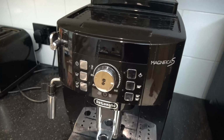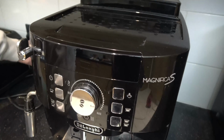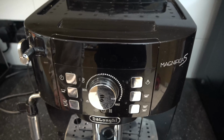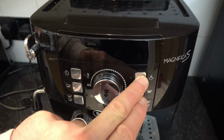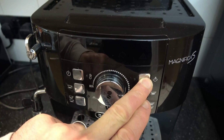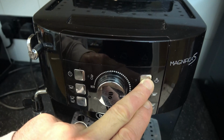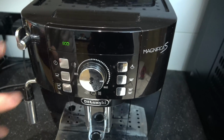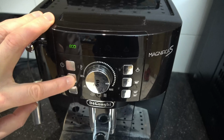There we go. So this is now off, but it's still on at the mains, and also the switch at the back of it is on as well. We need to hit this button here for around 5 seconds until eco starts flashing up. There we go, you can see eco is now up here, and now we're going to hit this button here,